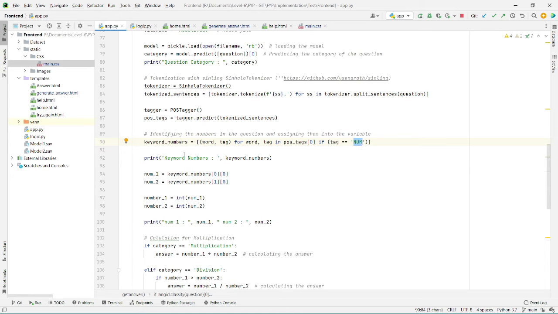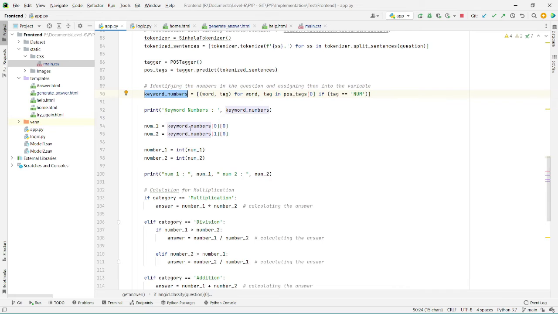So using this method, the chunking here, the POS tag which contains the tag of NUM, which is the number, would be assigned to the keywords number array, and then from that array, the two numbers are extracted and assigned to num1 and num2.